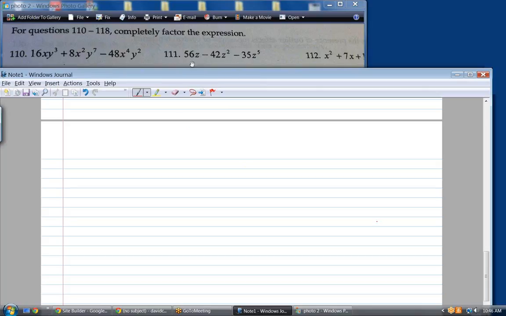7 happens to go into 56 also. But you would need to know that 7 times 8 is equal to 56, 7 times 6 is equal to 42, and 7 times 5 is equal to 35. So 7 is the number that's part of the greatest common factor. What's the letter? Z. Okay, 7Z. What's left over? It's 8, and that's it. Then minus